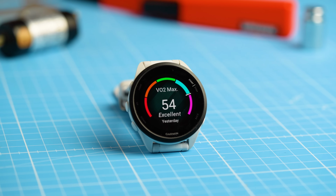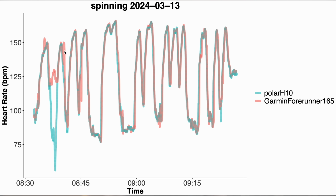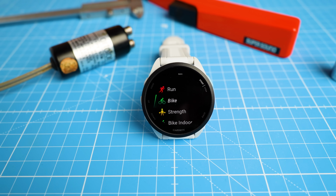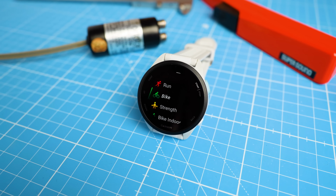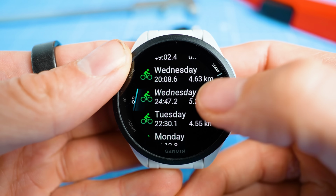The Forerunner 165 provides some of the best balance between price and performance in the Garmin lineup, and in this video I'm gonna use a bunch of data to show you why I think that is and why this is the Garmin I would likely choose to buy for myself. Still, this watch is far from perfect and there are a few choices that Garmin made that I'm not completely